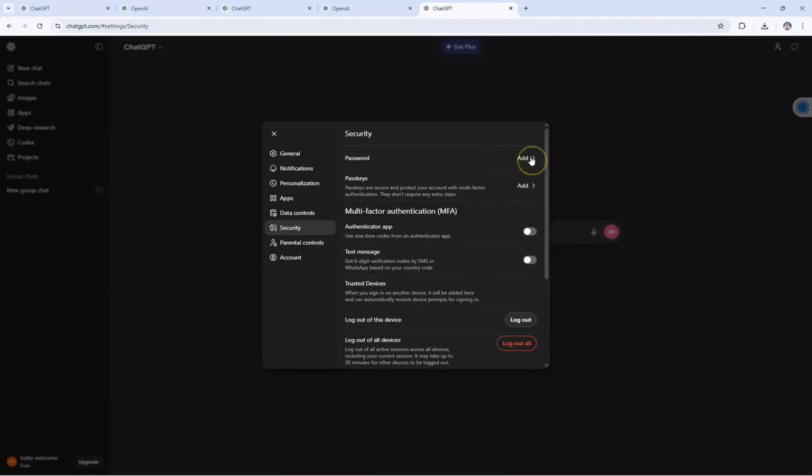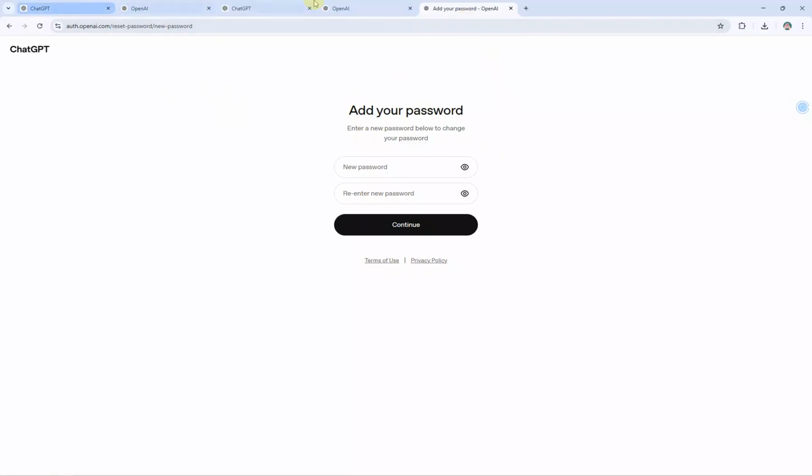Once you've updated the password, share the new credentials with the person you want to give access to. Make sure to communicate securely. So consider using a secure messaging app for this purpose. It's important to remember that sharing your account might expose your personal data or settings to other users, so proceed